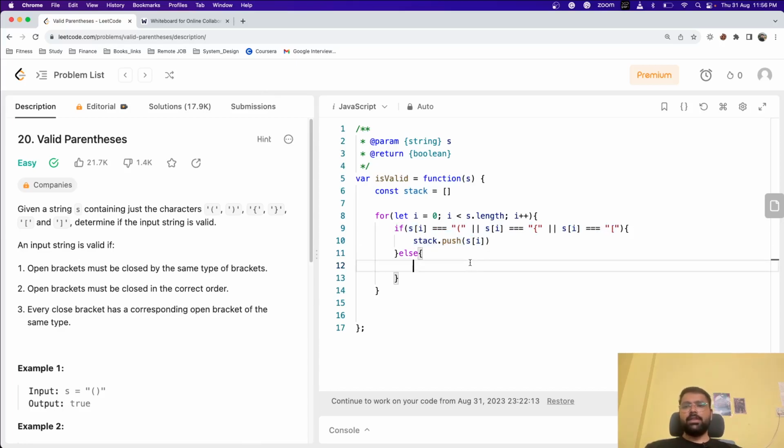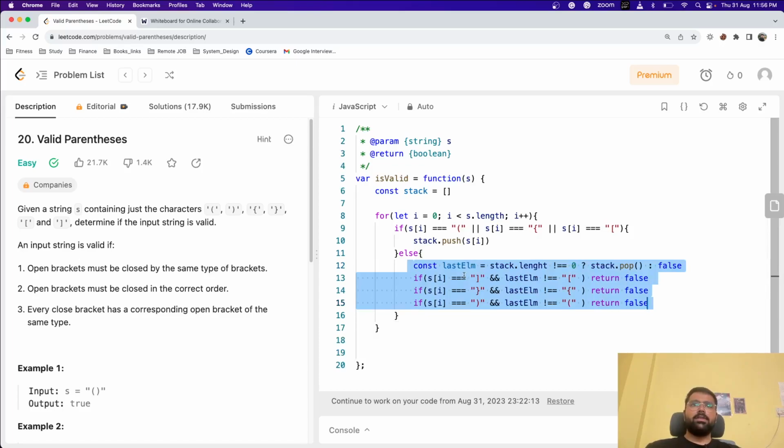But suppose we see a closing parenthesis. This is our stack, and this is just an edge case. Suppose we don't have anything to push into the stack and we are directly starting from this else part,